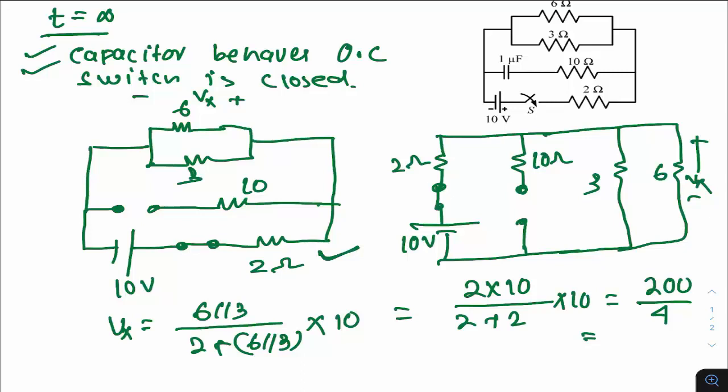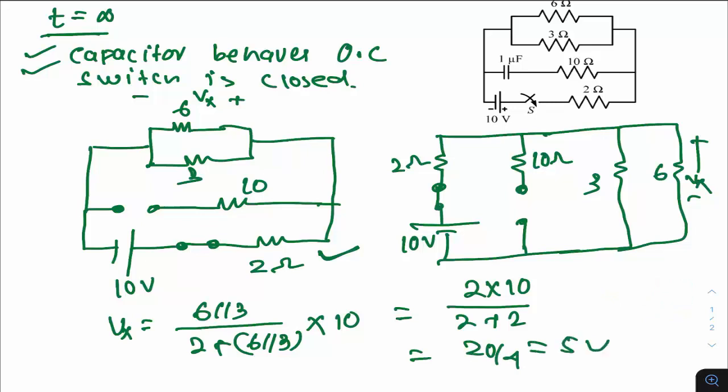2 into, no, it is only one time I have to take. Why am I taking 2 times? Here it is, 6 parallel with 3 is 2, into 10 divided by 2 plus 2. So if it is the case, then this happens to be 20 by 4, and 20 by 4 is 5